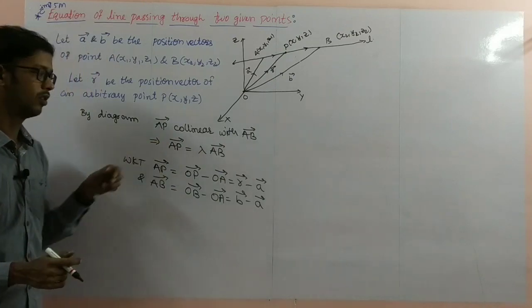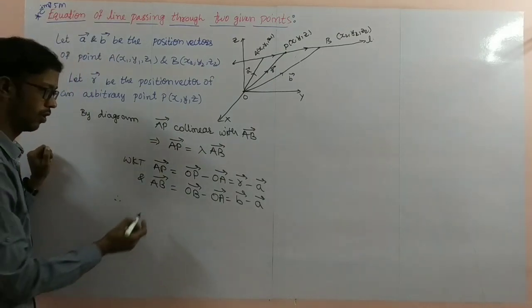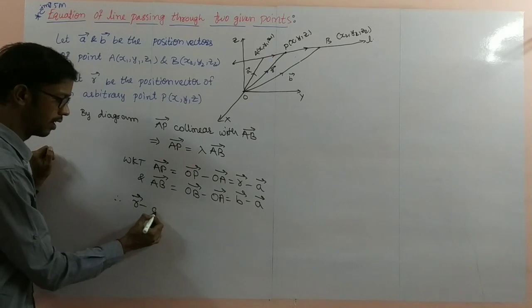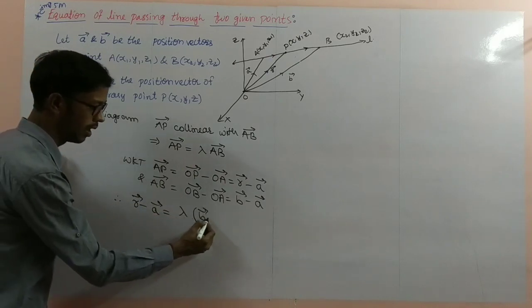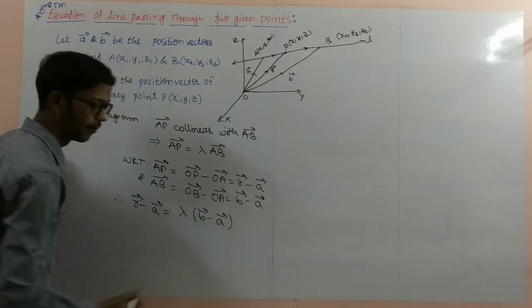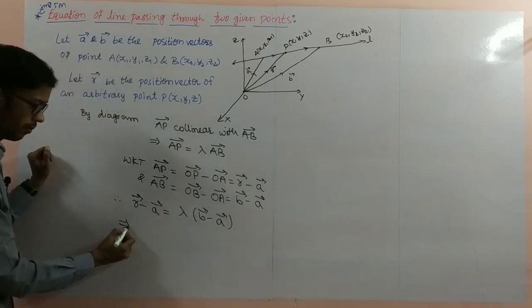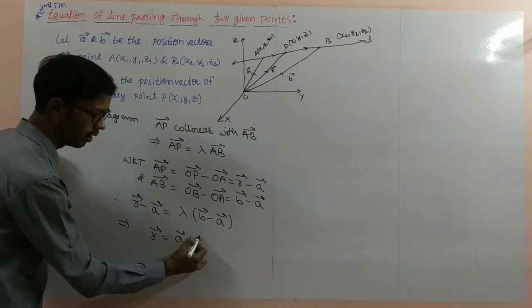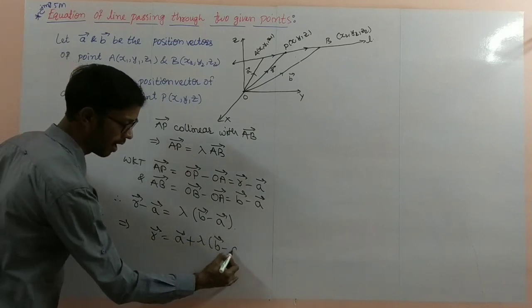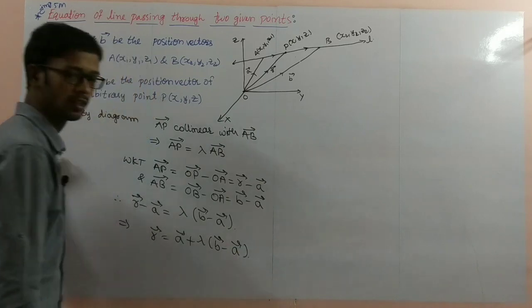Now substitute these two values there. Therefore, R bar minus A bar equal to lambda into B bar minus A bar. That implies R bar equal to A bar plus lambda times B bar minus A bar, which is known as